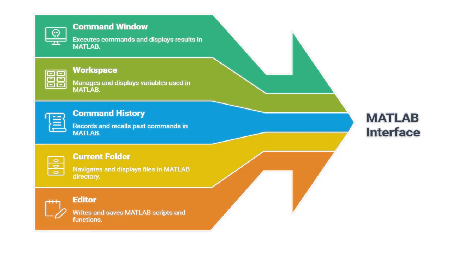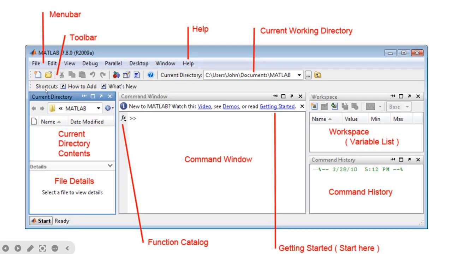So here, this is the window or the screen which you get when you open your MATLAB software. Here you will have the menu bar. Okay, this is the toolbar. Here, if you want some help, you can get help about the commands which you are using. Then you will see the path for the directory on which you are working, that is the current working directory. Then you have the workspace, where you will get the list of all the variables you have used in your program.